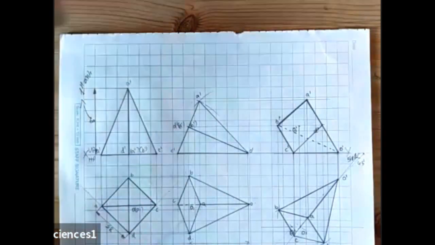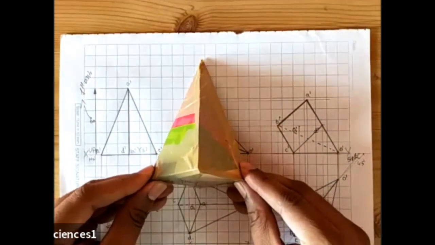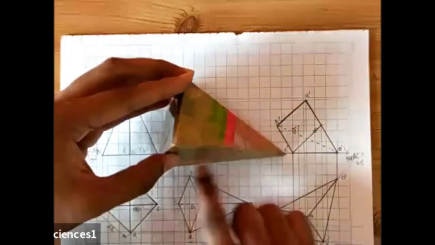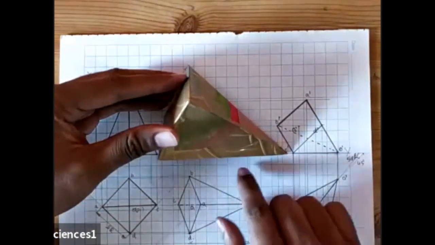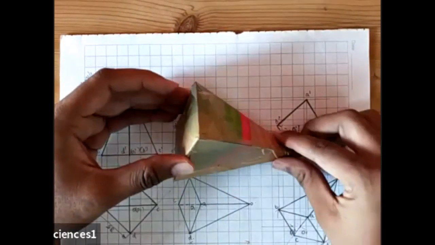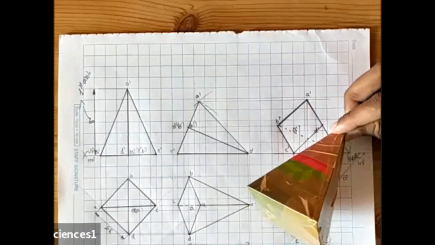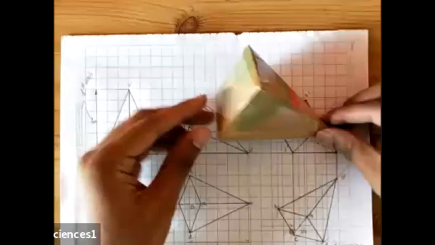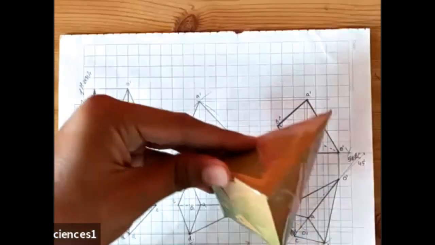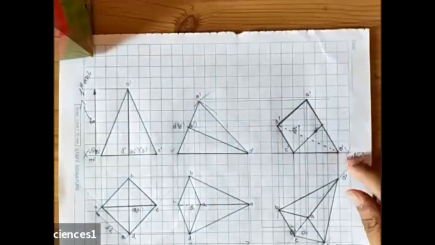I'll be showing it in the front view. You can see the front view, the pyramid is placed like this. This is the first condition. The second condition, which we have drawn here: he told us to incline the pyramid with respect to one of the slant edges on HP, and we have placed it so. Then the third condition, he told us to incline with respect to VP at an angle of 45. The axis is inclined. So what will happen? The final view will be like this. So this is the first condition, second condition, and the third condition is like this. This will be your third condition.